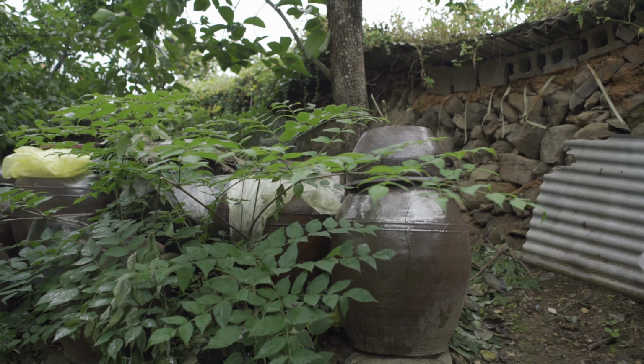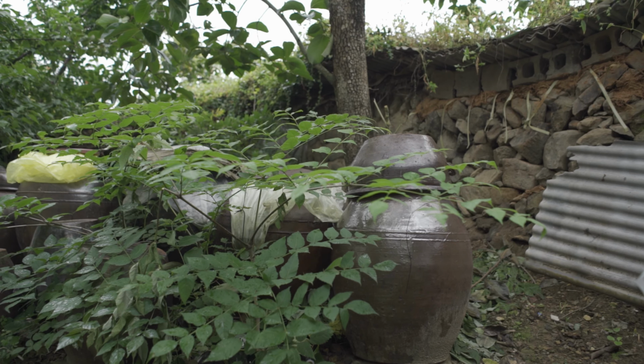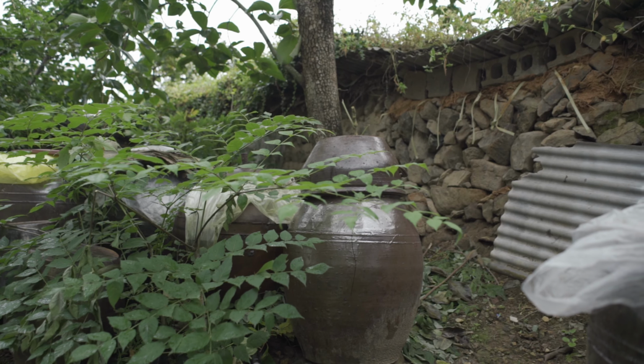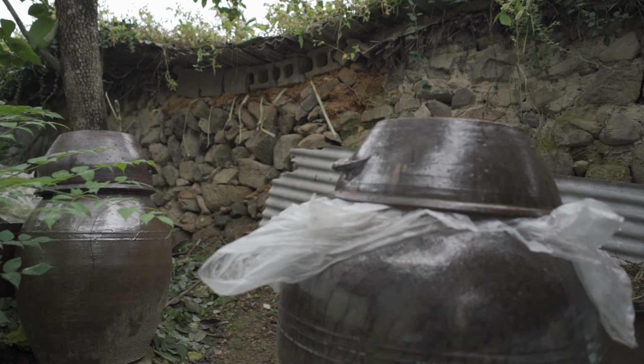Come around the back of the house, you can see the house is surrounded by, again, a mud stone wall that they made. And then you can see the hangari pots, which are traditional Korean pots that they make things like kimchi, soy sauce, and other stuff in. So anyway, that is a tour of the farm, the farmhouse, a little about the village, and sort of why the channel, when you see the words Cheongdo or things like that, Korean stuff, that's why, because my wife's Korean, she's from Cheongdo, and so what we're trying to do is take a little bit of that back with us to the USA and enjoy